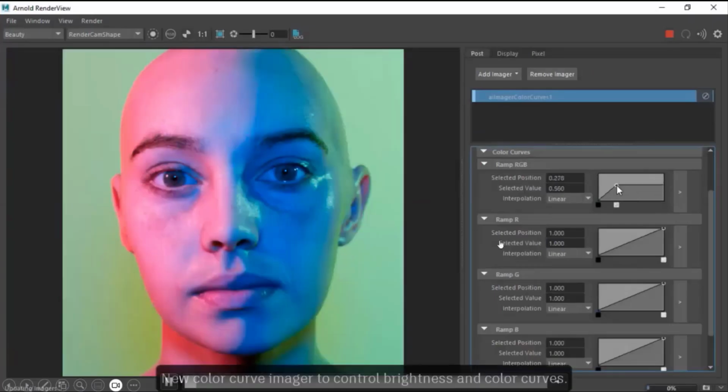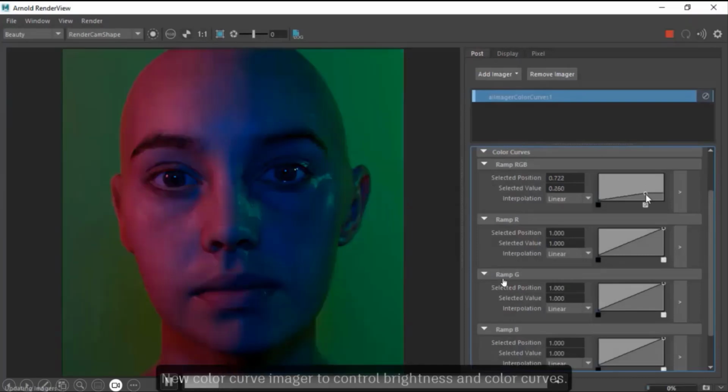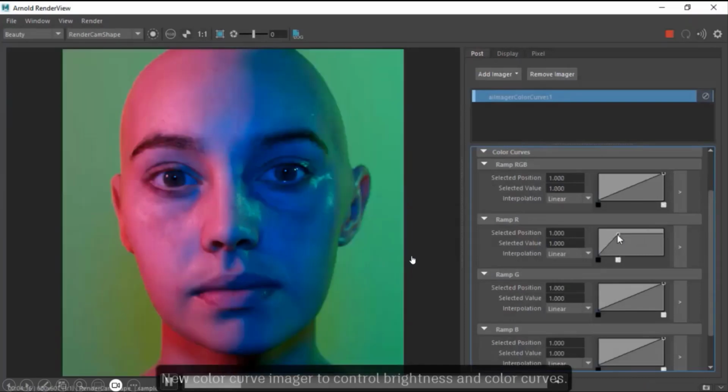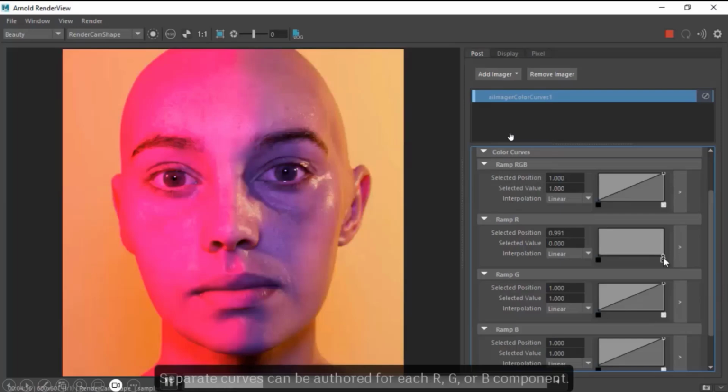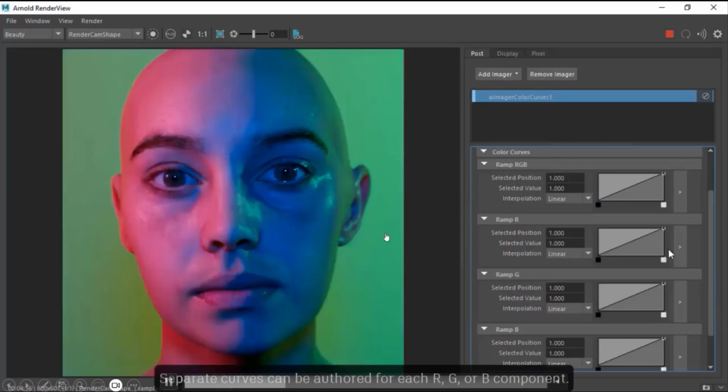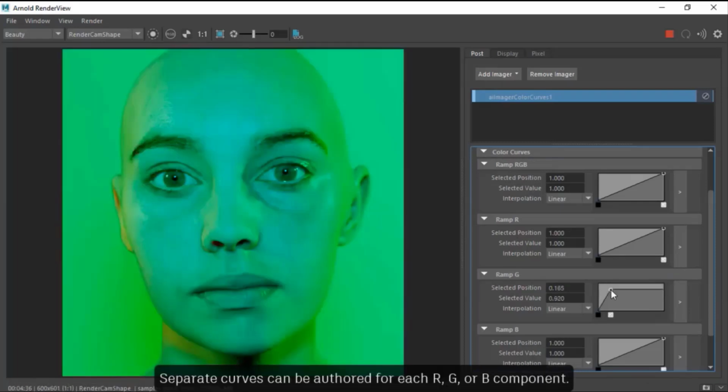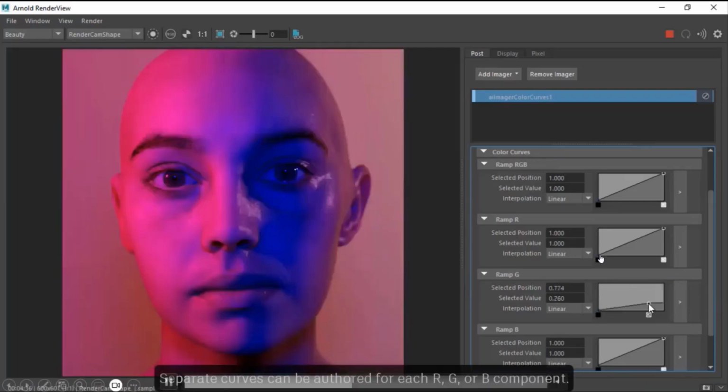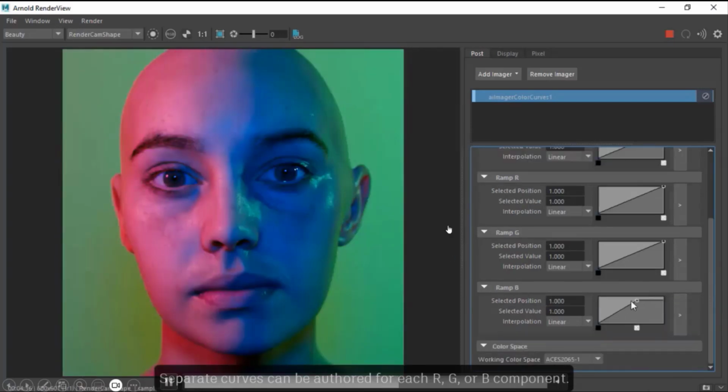This is the AI imager. This is the way you create color curve editing. You can change the tone, the lighting, the brightness by curve, by the RGB ramp, because there are a lot more improvements in Arnold.